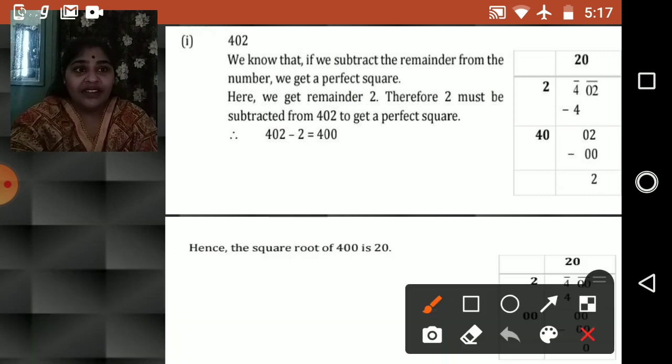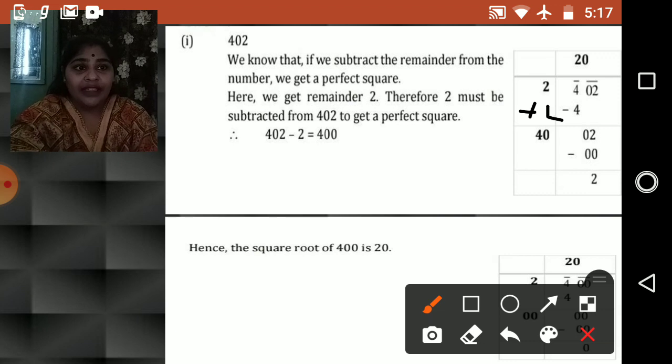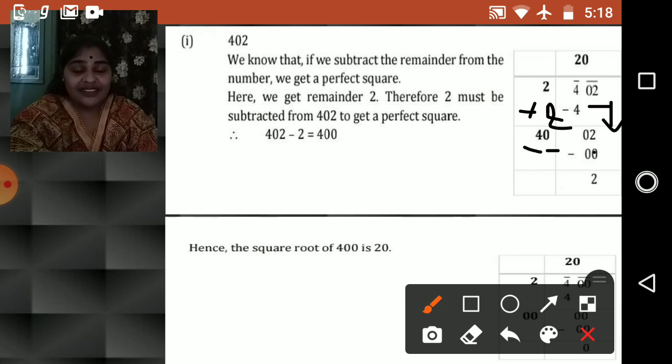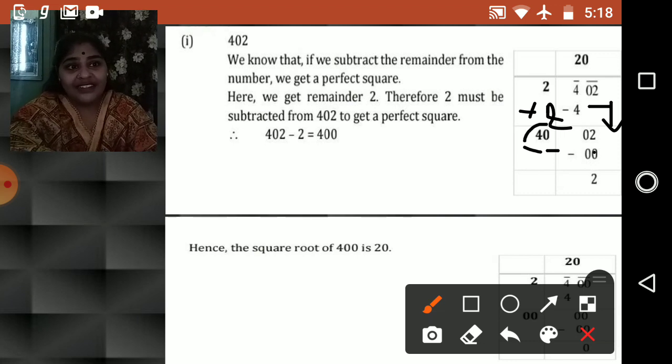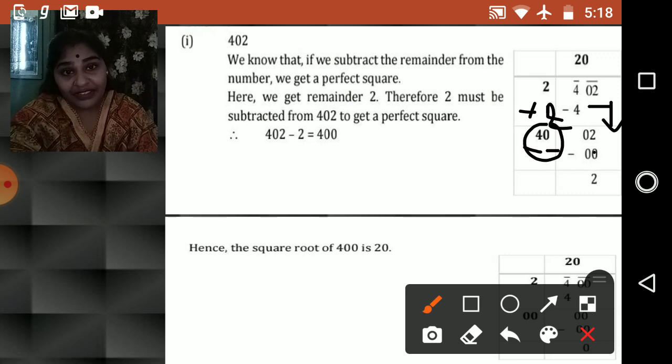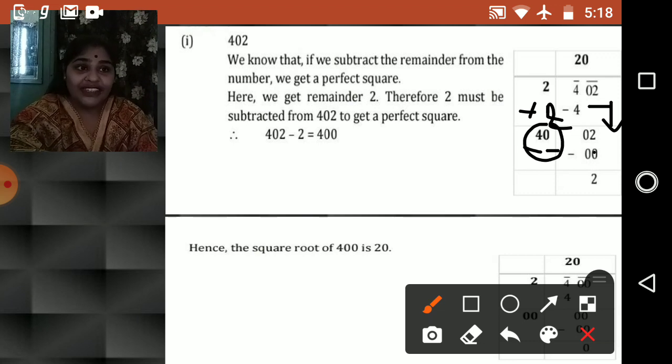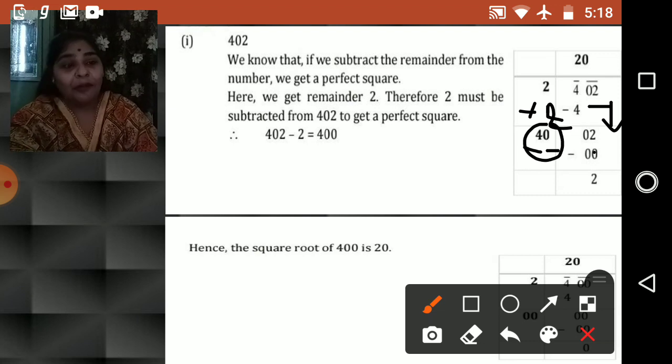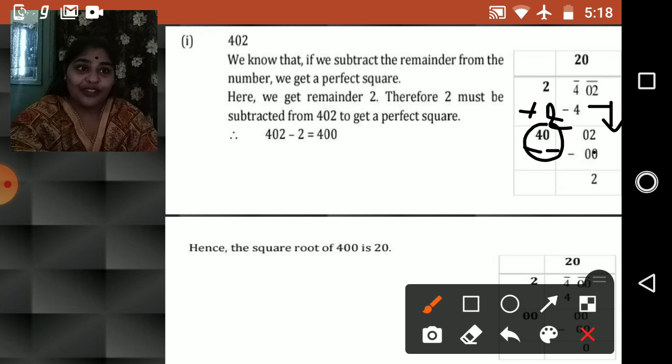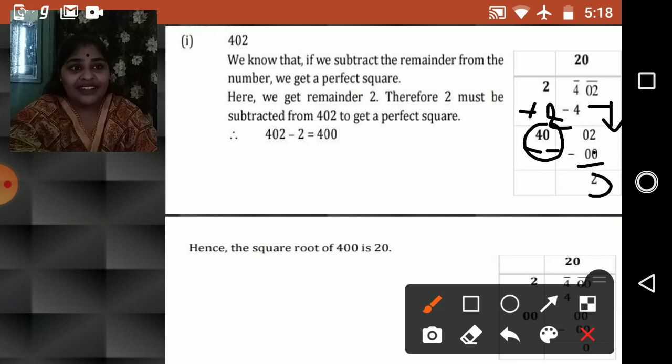Yeah, so now here you will take plus 2, and 2 plus 2 is 4 over here, and dash over here, which you have to choose a number now. And here you will get 0, and 0 to the next will come down. Now it is 0 2, so only 2 is here, and here it is now a greater number, and the least number we can take is 0. So 40 zeros are 0, because 40 ones are 40, which will be a greater number, children. So we will take 0. So 40 zeros are 0, and the remainder is now 2.